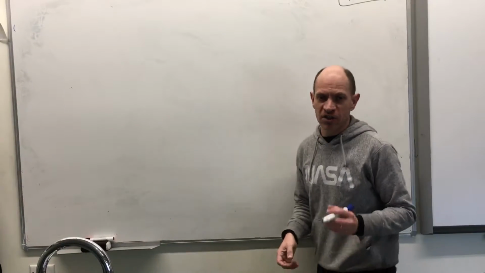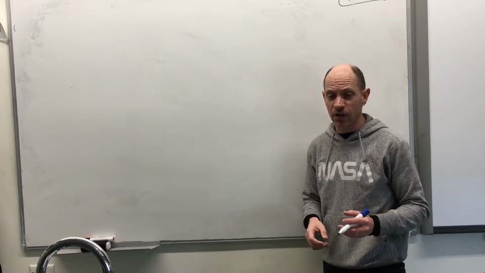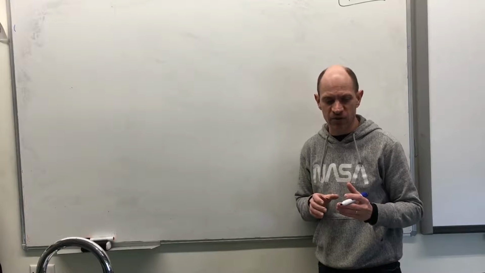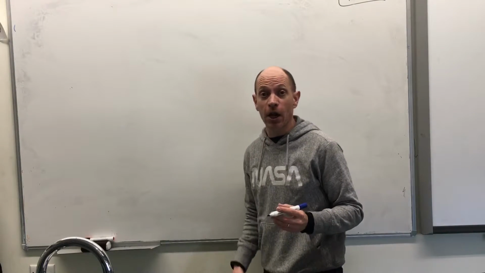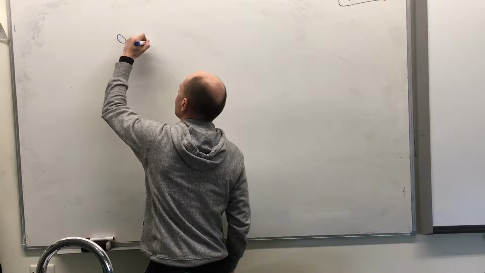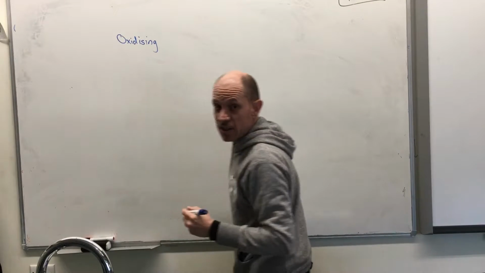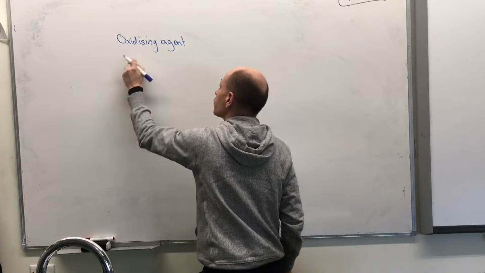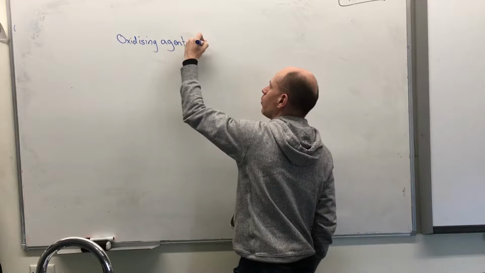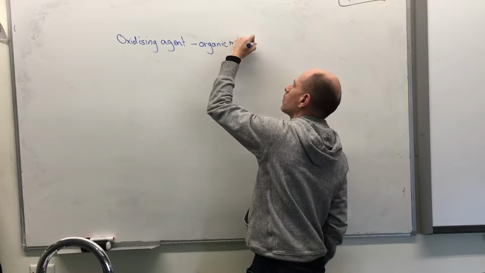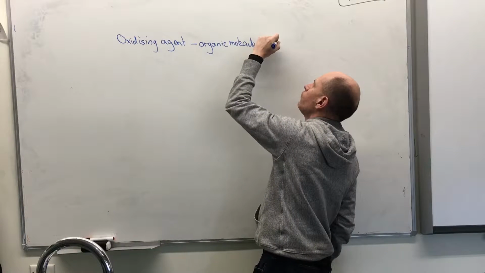So, hi guys, this video is on oxidation and reduction in organic chemistry, and particularly I'm looking at what oxidizing agents and reducing agents do in organic chemistry. So when we talk about an oxidizing agent in organic, remember that oxidation is loss of electrons and reduction is gain. So our oxidizing agent actually causes the organic molecule to be reduced, to gain electrons,